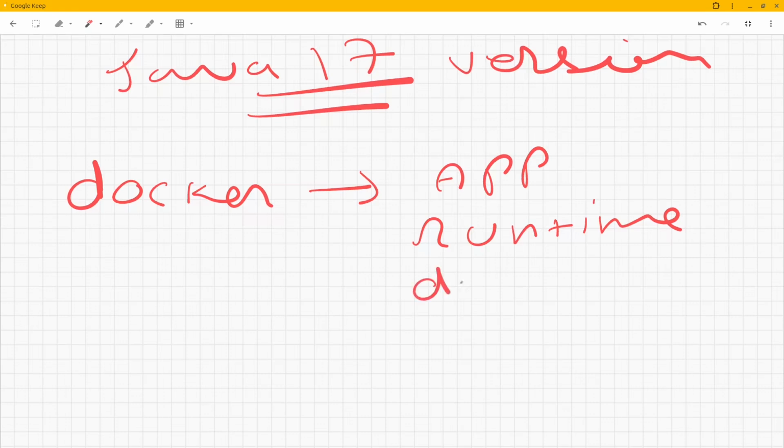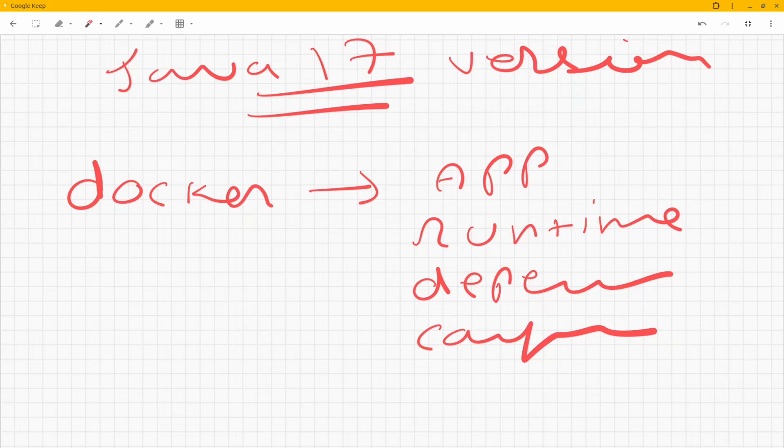I'll package them together and make an image. I'll not go into advanced things like images. Then this container you can run, and you can share it with your friend as well.